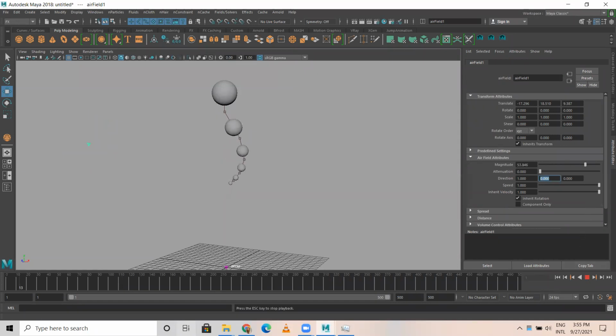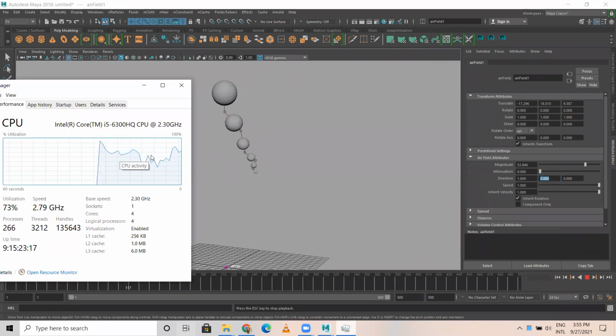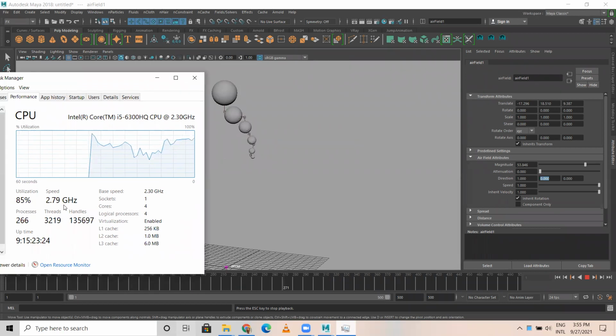Let me just play this. Already see, it's taking more. The utilization is almost 83%. If I start manipulating this, it becomes 91%, 96%. It means my system is quite strong, but still it takes that much.